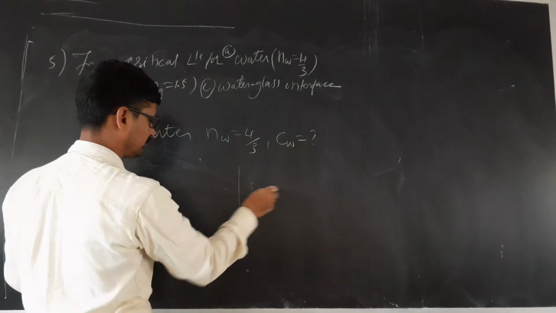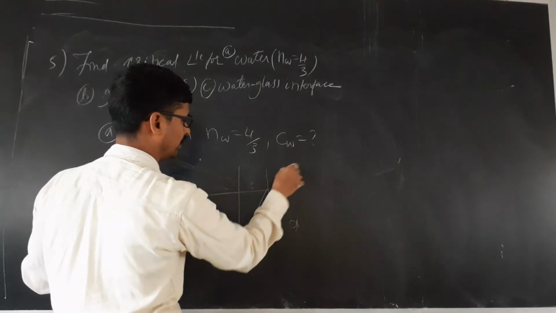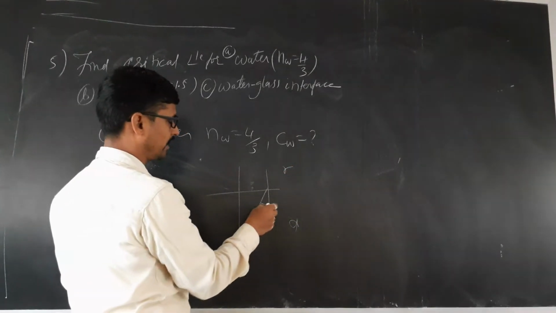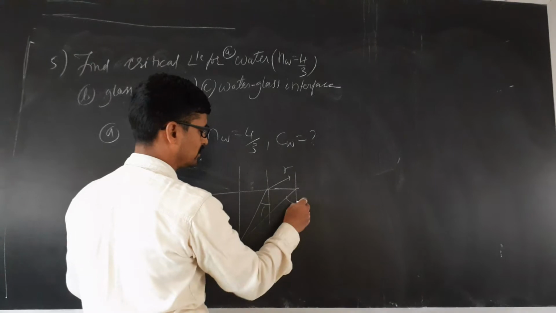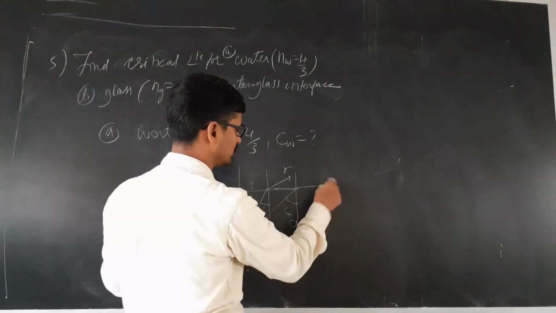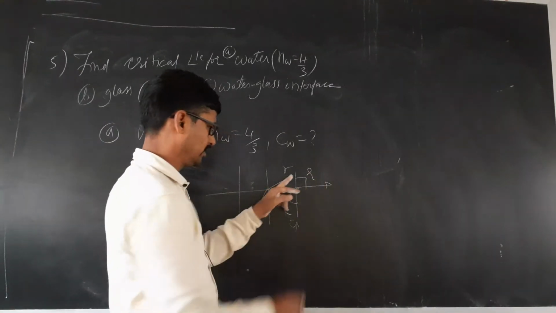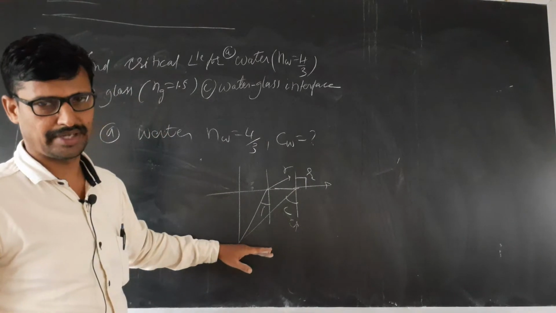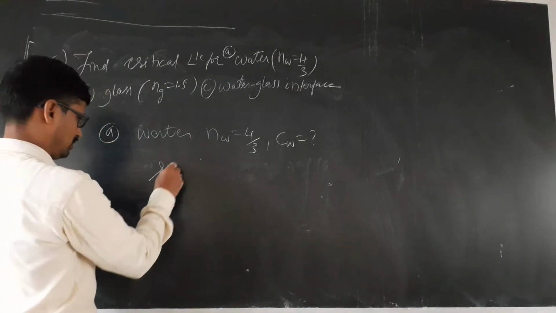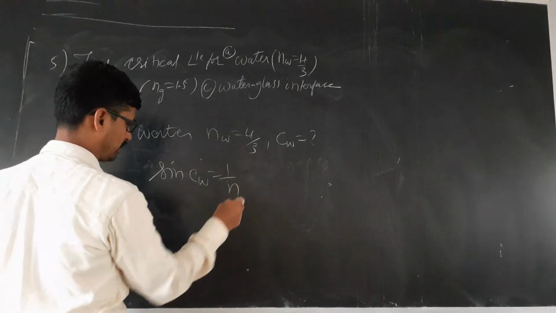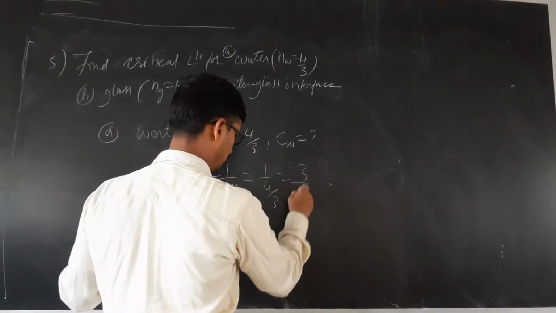What is critical angle? A ray traveling from denser medium to rarer medium, incident at angle of incidence i, bends away from the normal. If the angle of incidence is the critical angle, the ray will graze the surface. This is called the critical angle, for which the angle of refraction becomes 90 degrees when the ray travels from denser medium to rarer medium. This is what we know. Sine of critical angle is 1 by n, 1 by 4/3, sorry, n_w is 4/3, this will become 3/4, that is